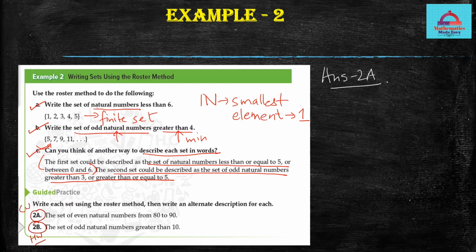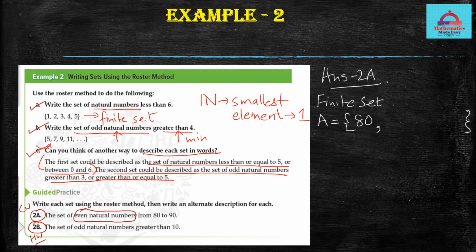I'm sure you can see a maximum and minimum, so you know this is going to be a finite set. Although it is coming from natural numbers, it has a restriction of a minimum and a maximum. So let's start from the minimum, which is 80, and the maximum, which is 90. When you are going to write this set, let me denote it with a capital letter A. I'm going to put my curly brackets first, and now I'm going to list each of the elements of this set separated with commas. So the minimum is 80, and we are taking what? There is a restriction, there is a condition. Even natural numbers. So we have to take multiples of 2.